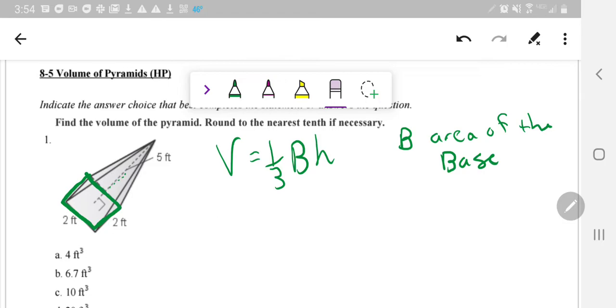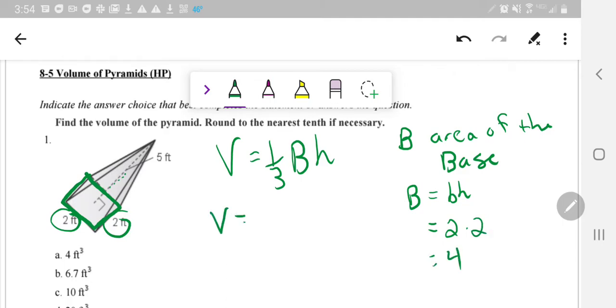So we have to find the area of that shape, and since it's a rectangle, we're going to find the area by doing base times height. Now that's a little b because we're talking about just the dimensions of this rectangle. So the base and height of the actual rectangle on the bottom are 2 and 2. 2 times 2, so the area of the base there is 4. So we're going to plug it into the formula. 1/3. We know that the area of the base is 4, so we're going to replace the big B with that. And then the height